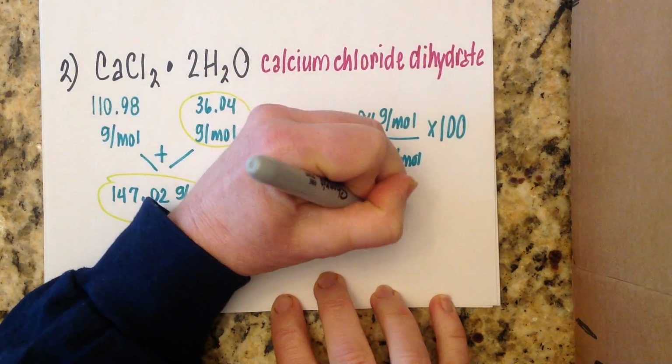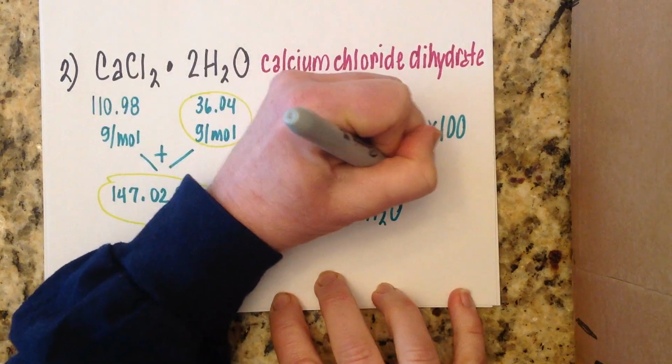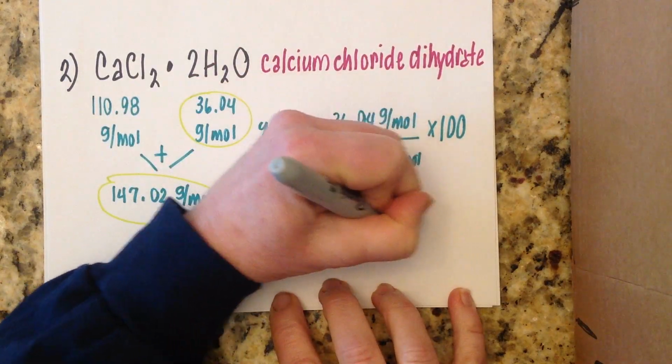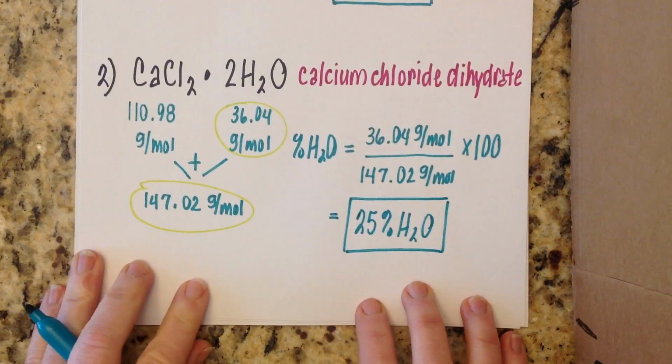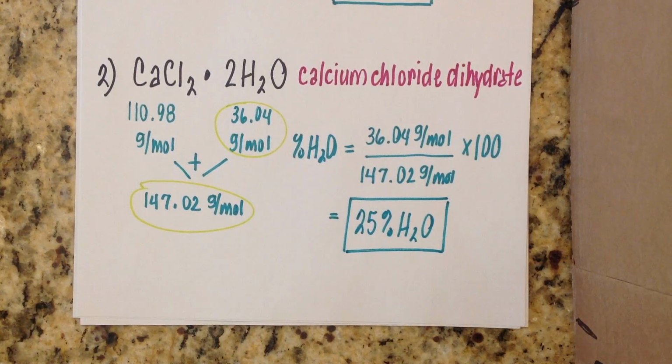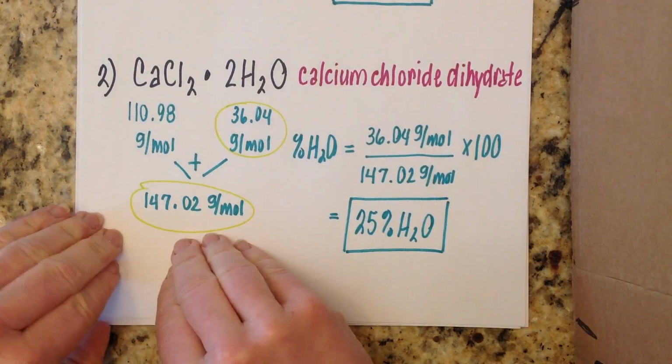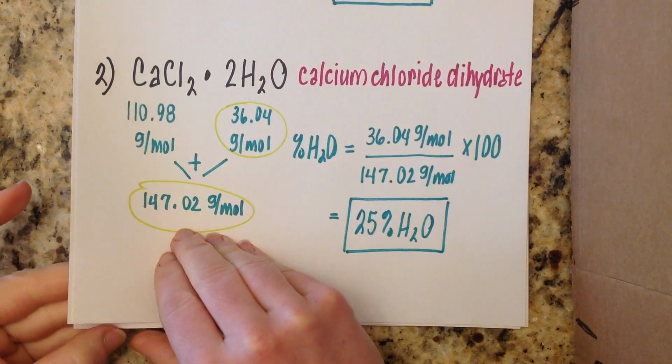Make sure you put the H2O there because we need to know what we were solving for, because we really could have solved for anything. And there you go. Now, I'm going to do 2 more examples just to make sure everybody's got it. What you might want to do here is try these yourself and then unpause the video and see if you got them right. So let's put up the next example.